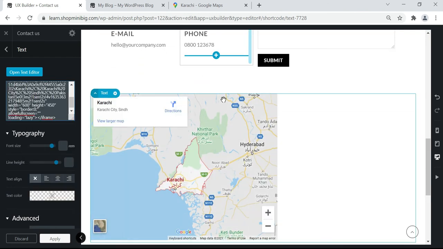Now you can see that the Google Map is loaded successfully. Using this, you don't need to add Google Map API keys. You just copy the Google Map HTML code and paste it into custom HTML or the text editor. It will be loaded successfully.